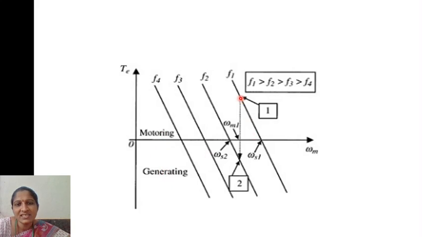Suppose the vehicle is operating at a frequency f1, now suddenly the brakes have been applied. So what happens is the frequency is suddenly shifted to the negative axis. The torque becomes negative, so that it will be shifted to the second operating point. So from this operating point, the speed decreases, and here in this region it acts as a generator, and now that mechanical energy is converted to electric energy, so that electric energy is stored by the batteries.